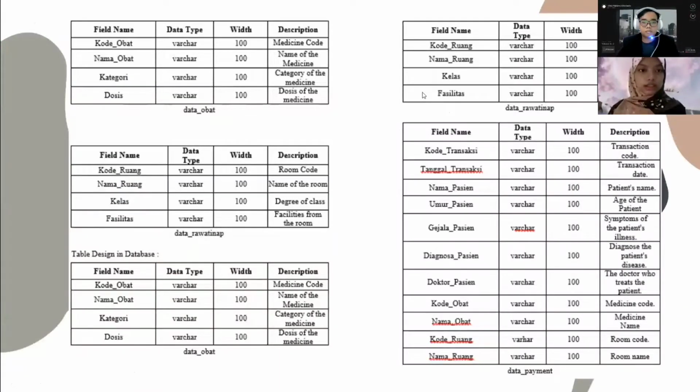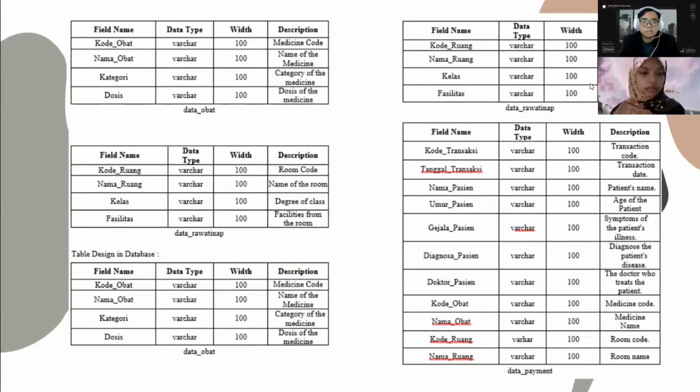Okay, the next table is the obat table, with kode obat, nama obat, and dosis, all data type varchar, and the width or length for the character is 100. And for the data rawat inap table, we have kode ruang, nama ruang, kelas, and fasilitas, with all data type varchar, and the length of our character is 100.